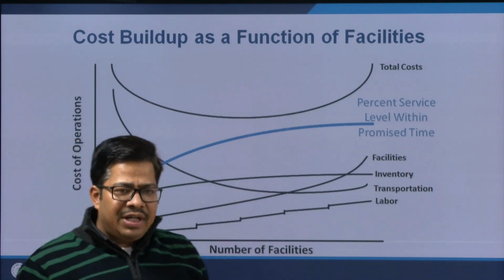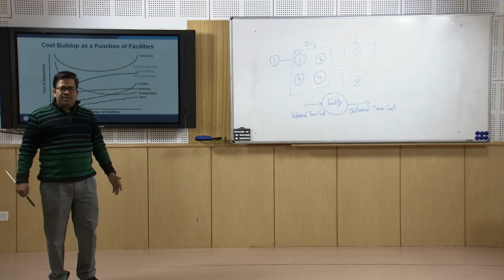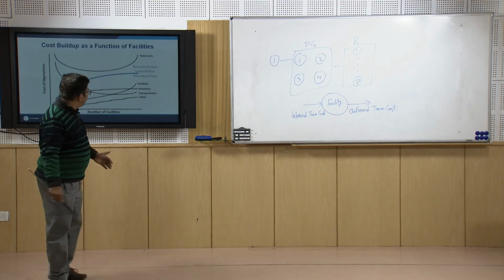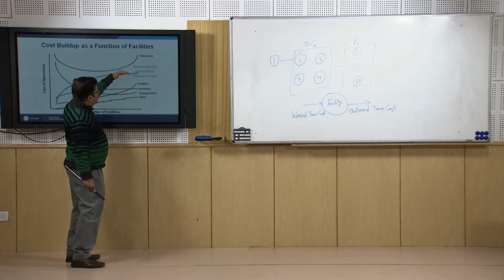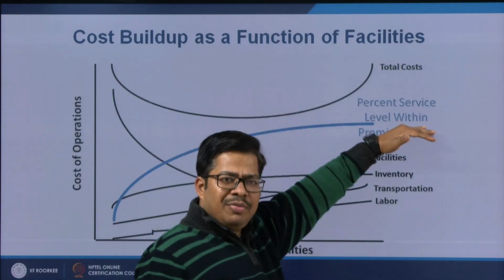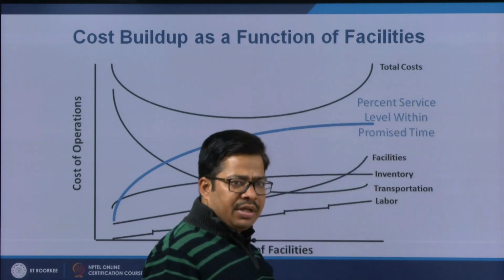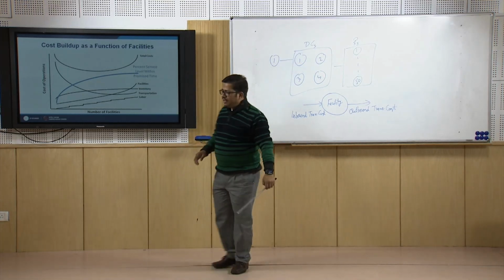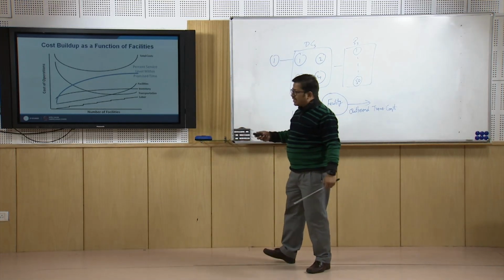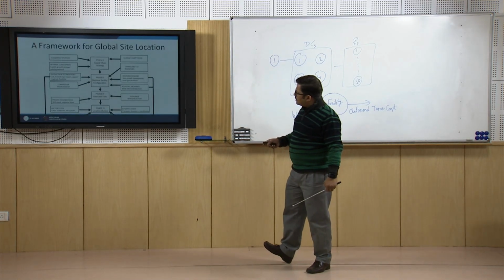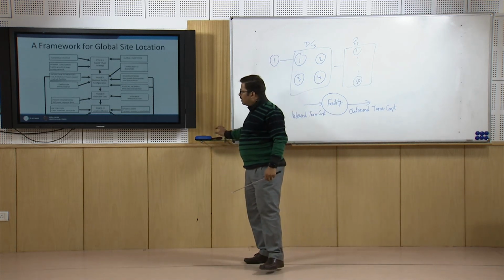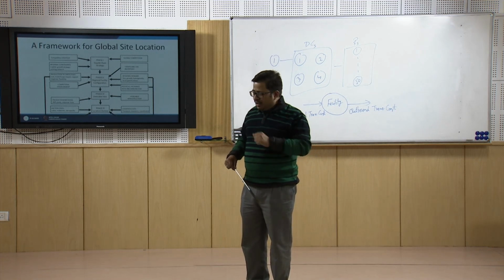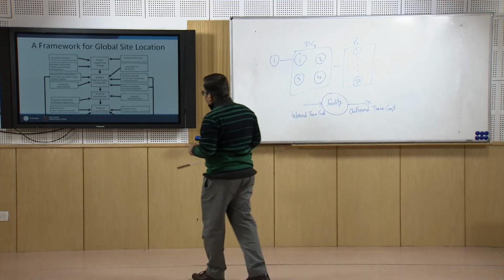Otherwise you will increase the number of facilities, but you will not have a proportionate increase in service level, because you see the service level curve becomes almost stagnant after a particular time, and therefore understanding of this graph is very important. Now moving further, let us quickly see that once we are deciding about the location of the facility,